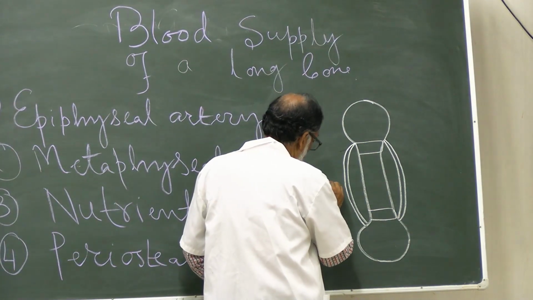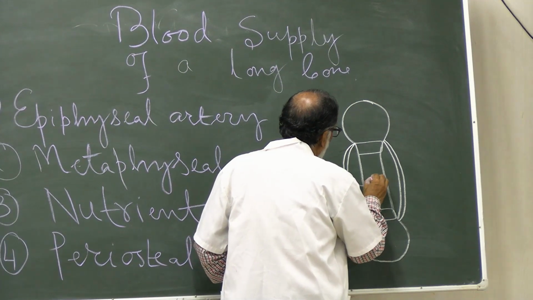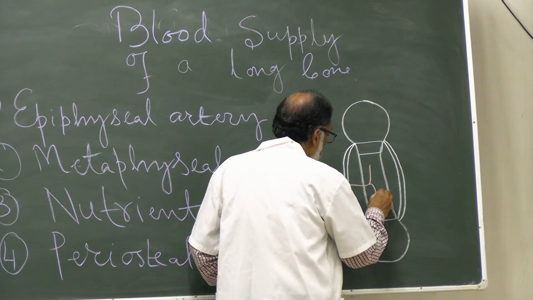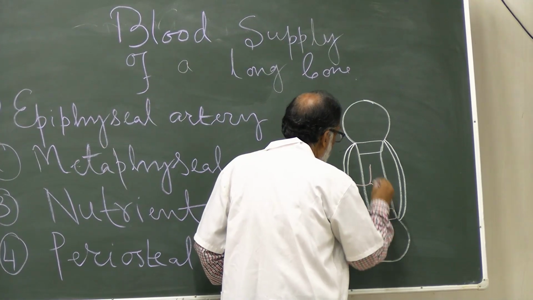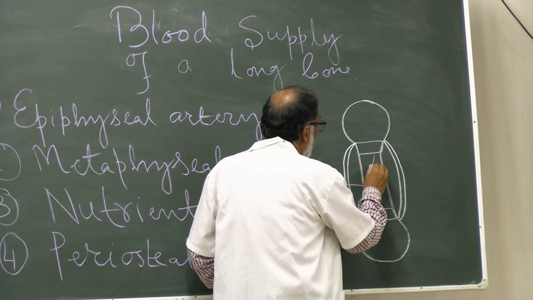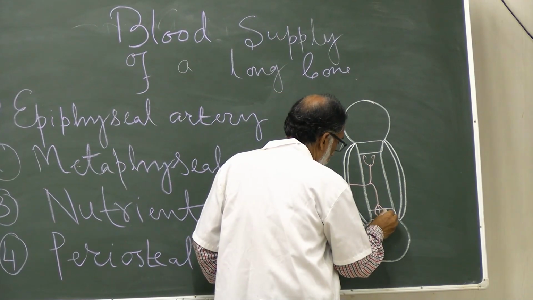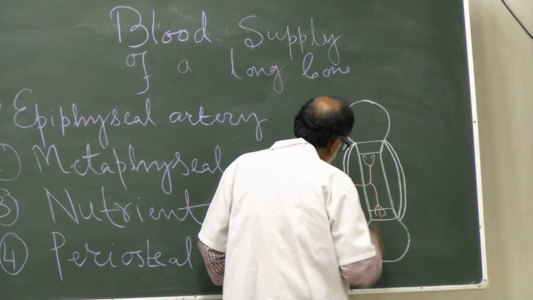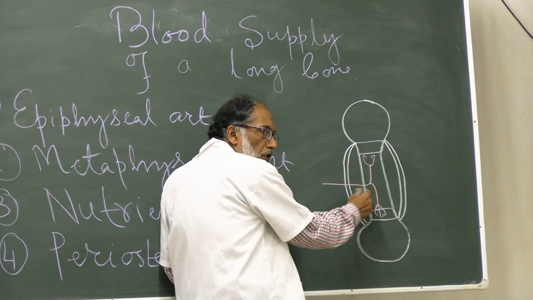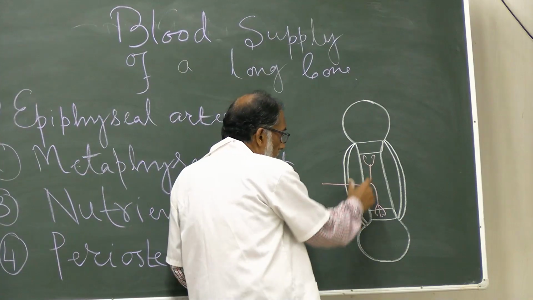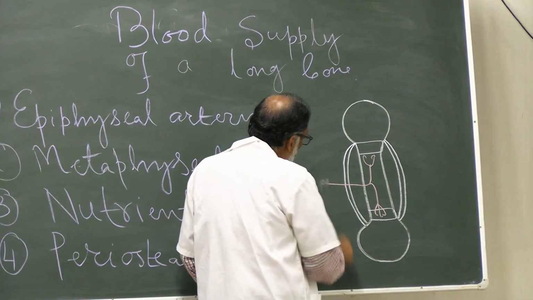This is the nutrient artery. It is entering. Now it is dividing into two. Near the upper end, it gives several branches. It shows a hairpin-like bend. It supplies the medial inner two-third of the cortex of the shaft. This artery shows some